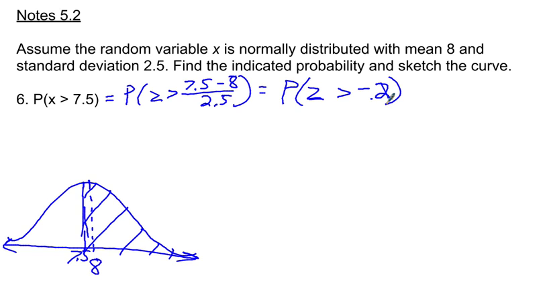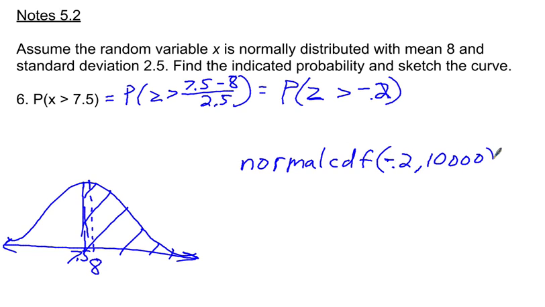On the calculator, we can enter normalcdf, negative 0.2, comma, positive 10,000, since we are going to the right, and this probability equals